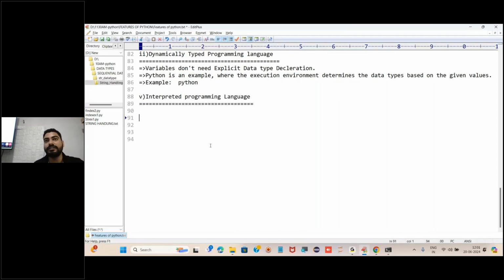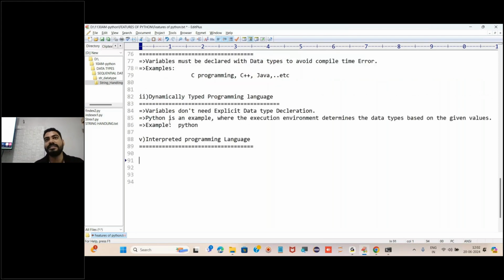When you speak English, number is what? Integer. Easily we can understand that number is equivalent to integer value, right? Whenever we write any variable could be anything. We do not need to use that particular data type, that is dynamically typed. So everything is linked up with Python. Okay, fine.